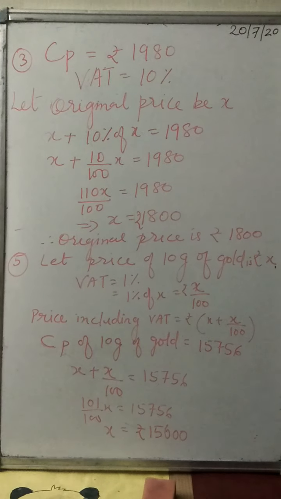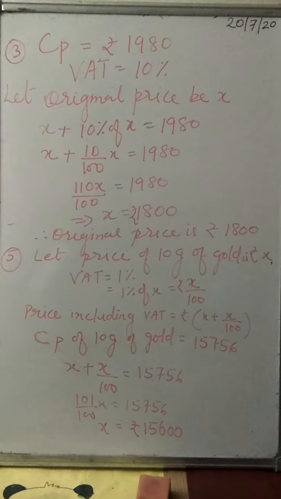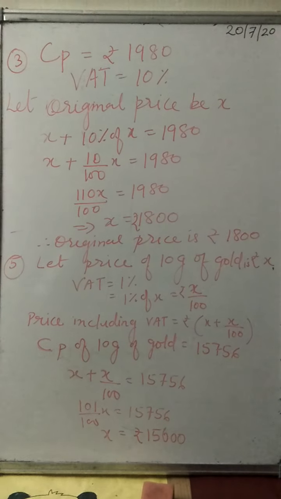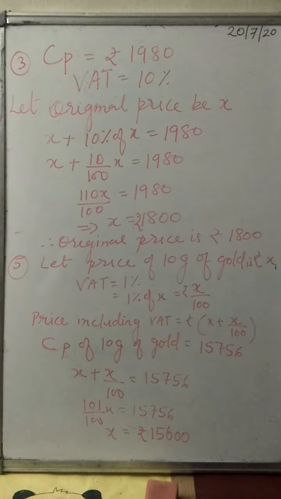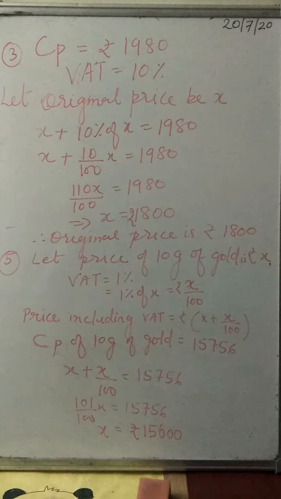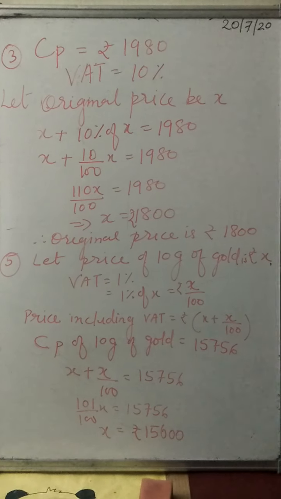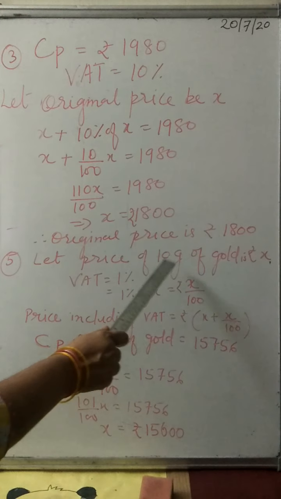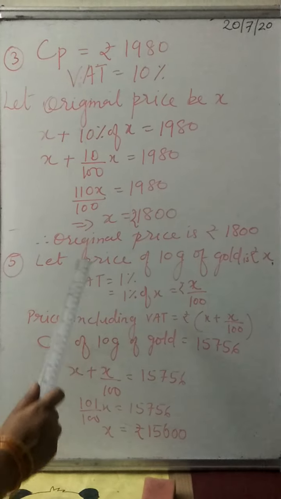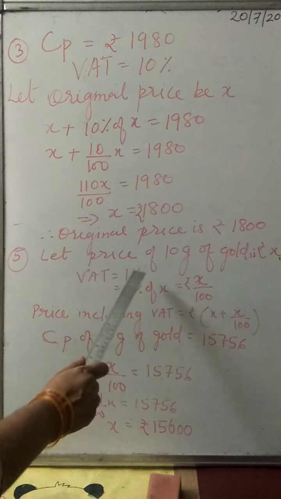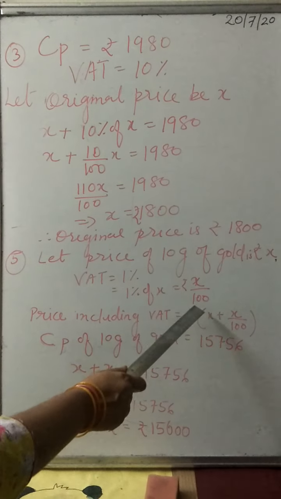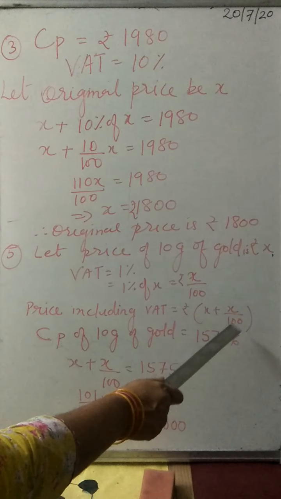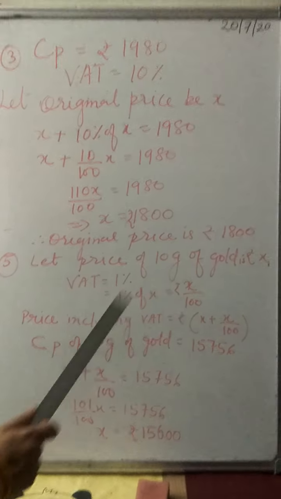Now next is question number 5. Karuna bought 10 gram of gold for rupees 15,756 including VAT at 1%. What is the rate of the gold per 10 gram? That means we have to find the original price of the gold. So let price of 10 gram of gold be rupees X. So price is X and VAT is 1%. So 1% of X is X by 100. Price including VAT is X plus X by 100,